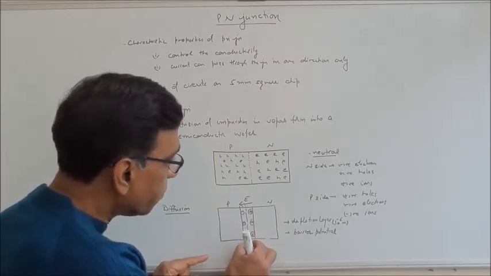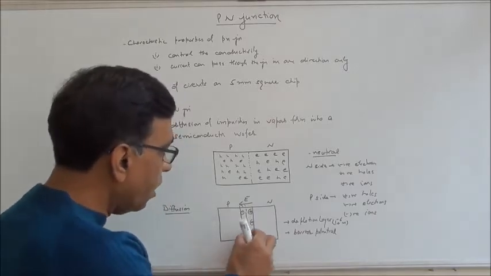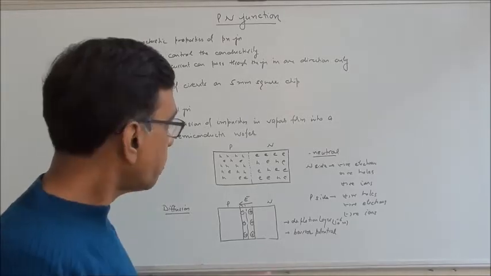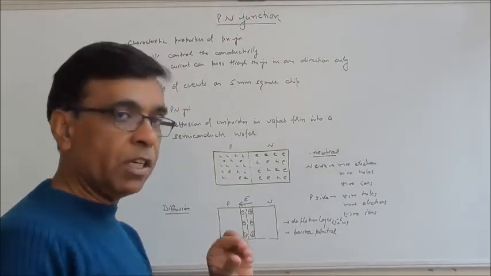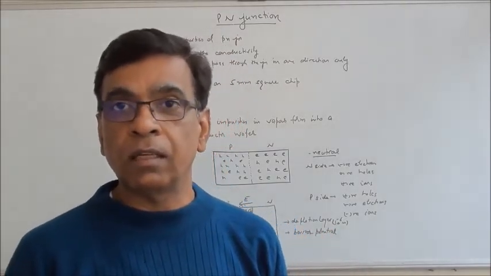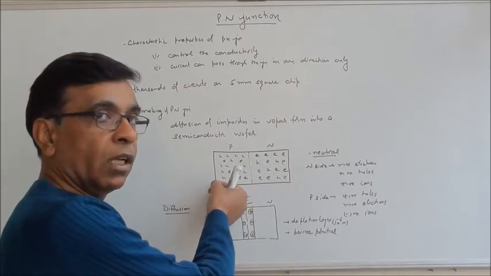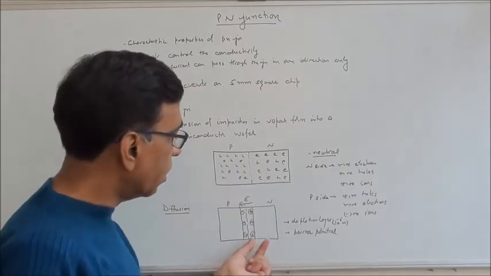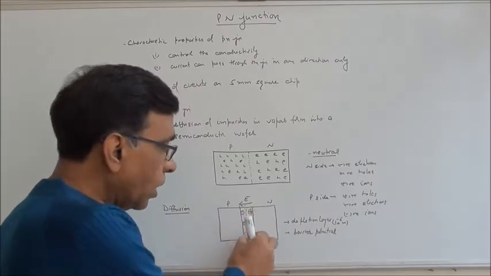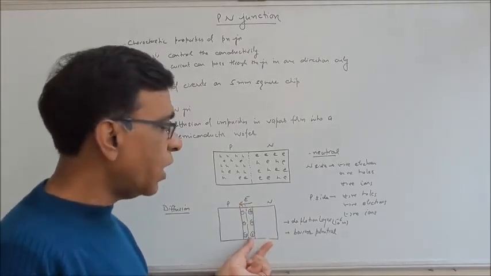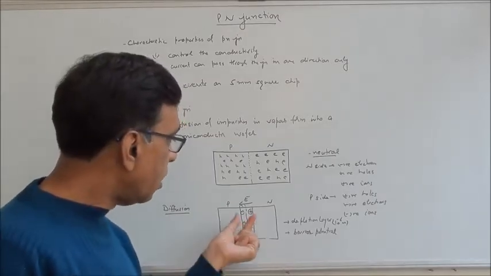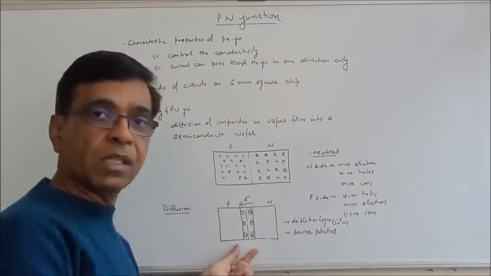This small layer that is formed at the junction, we call it the depletion layer. Depletion means it is depleted of something. So something is missing from here. So majority charge carriers are missing. There are no electrons and holes. They have combined with the holes and all that, right? So we are left with only ions in this layer. Depletion layer. The thickness of this is very small. It is of the order of 10 raised to minus 6 meter. So we have a depletion layer, we have an electric field because of the ions present here.